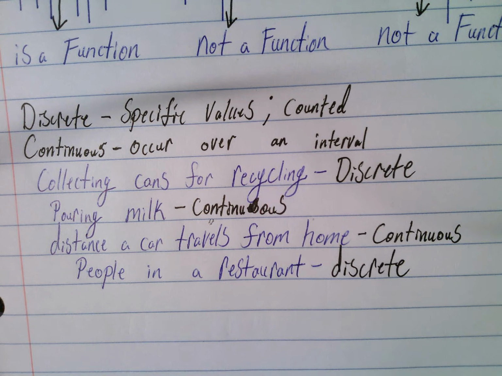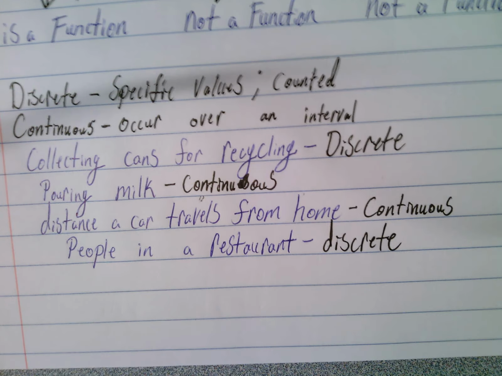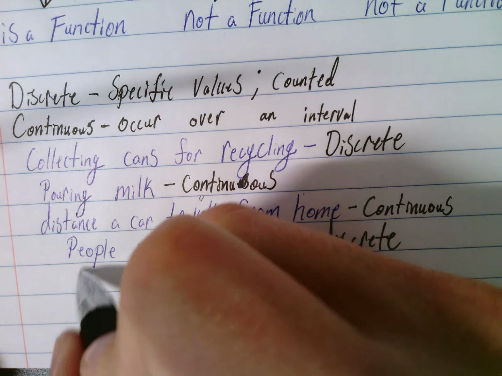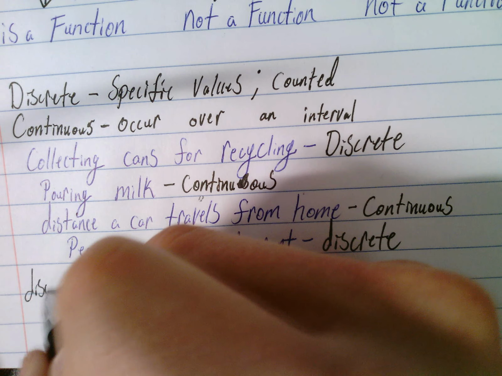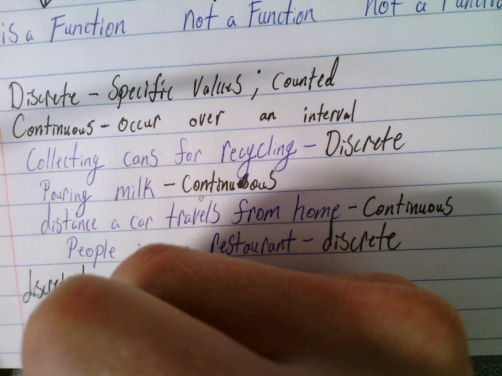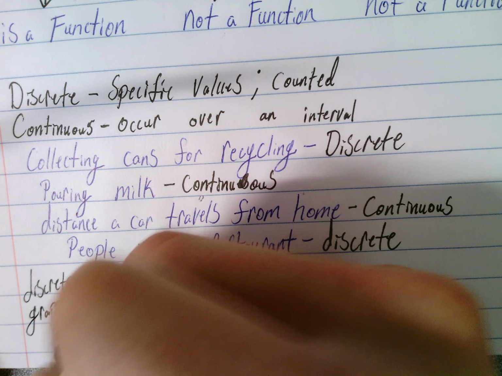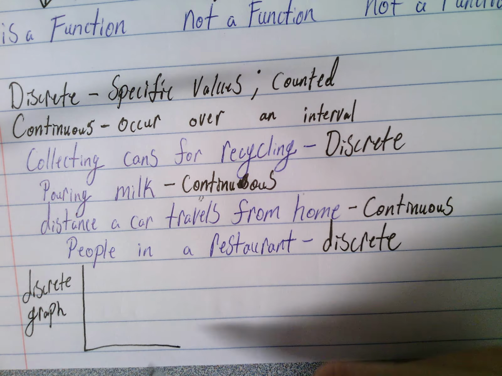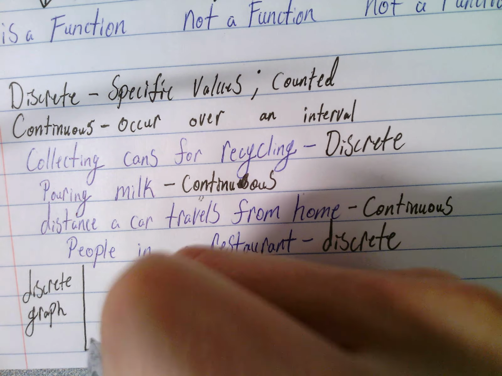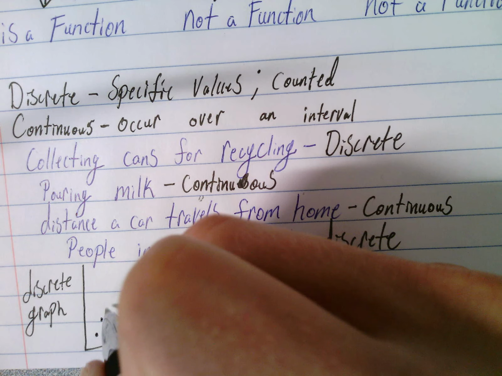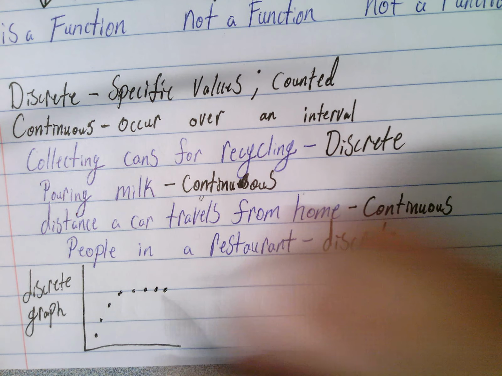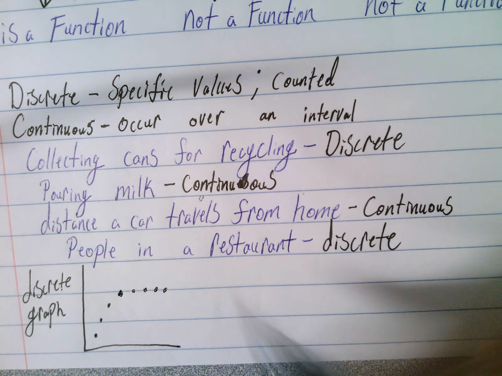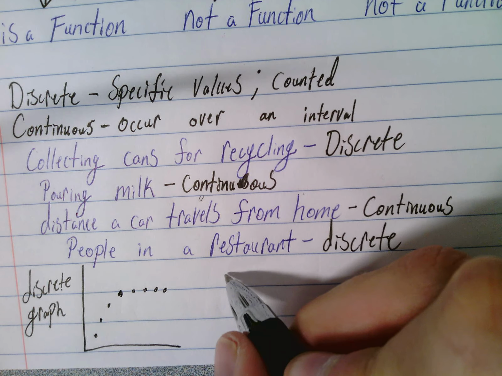What we'll see is that discrete graphs will look like dots. They'll be dotted. It'll look something like this. Continuous